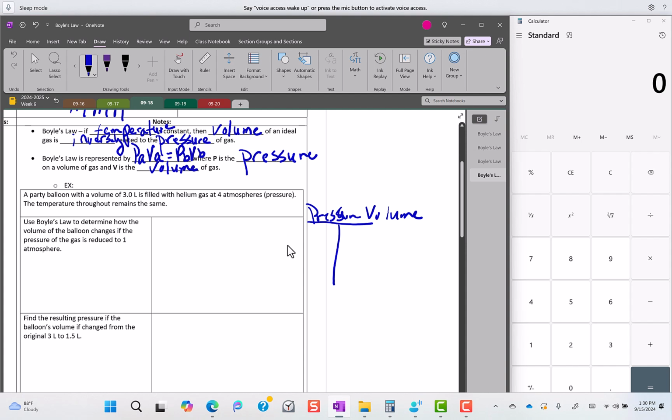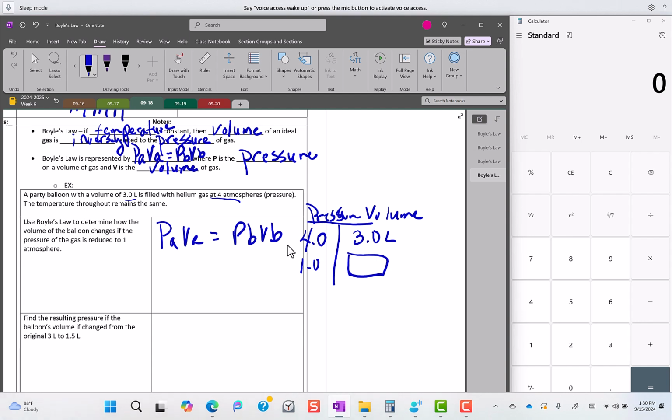We have a balloon with 3 liters, that's the volume, and it has 4 atmospheres of pressure. They want to know what happens to the volume if the gas is reduced to 1 atmosphere. So PA VA equals PB VB. We could do P1 V1 equals P2 V2. Either way, we have two separate pressures and volumes. Our first one is going to be 4 atmospheres, ATMs, times 3 liters